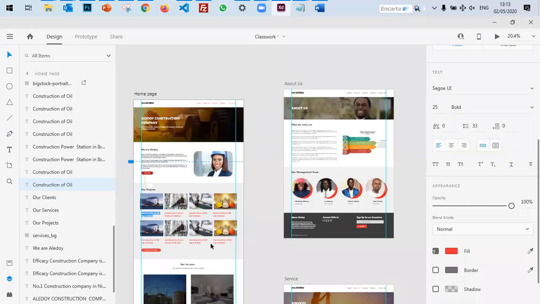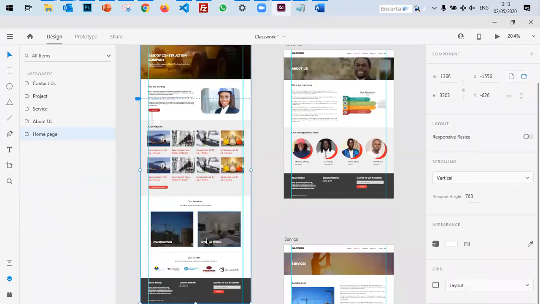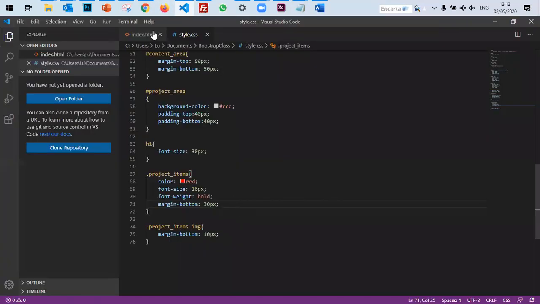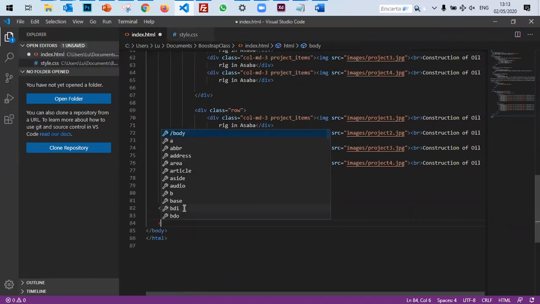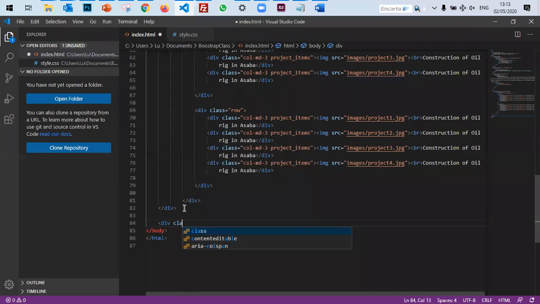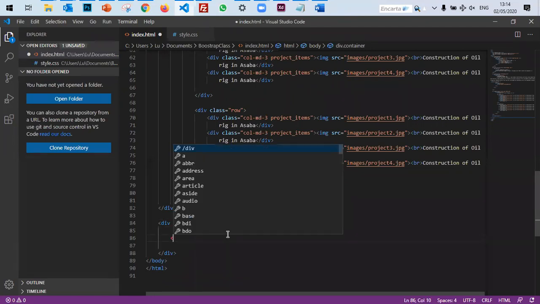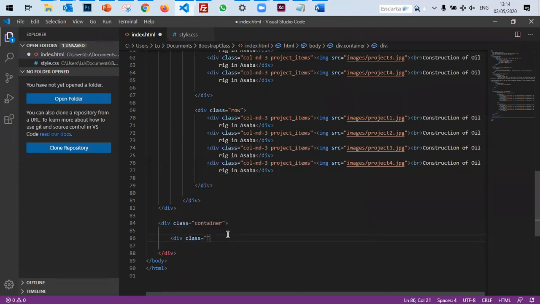So the next thing is to say, okay, we want to do our services, which is the bottom part of our design. This one we didn't touch yesterday. So I can quickly say the class. This one is our services container because it's not touching the edge. I can name it. I can say, sorry, div class row,